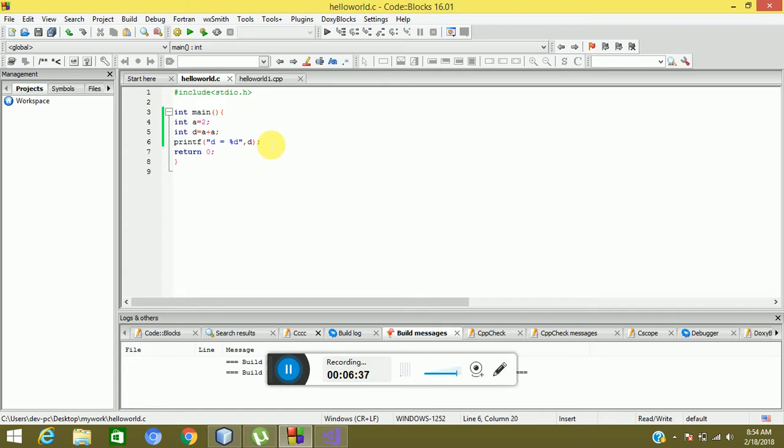Next, you can have the minus operator, and for multiplication you have this asterisk symbol, and for division and the modulus operator. You might not know about this operator. To show its functionality,